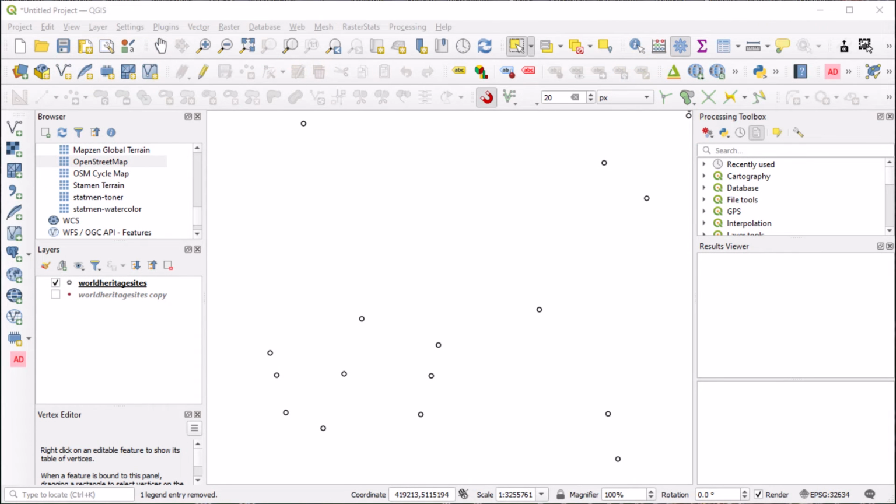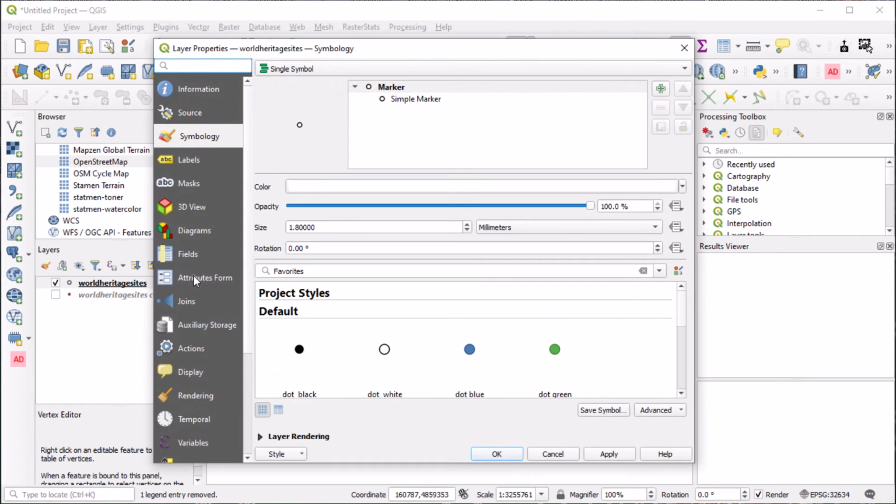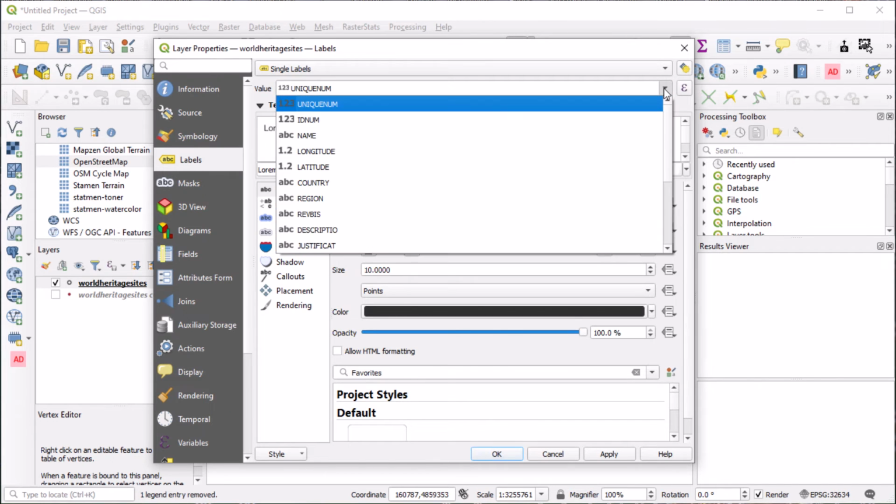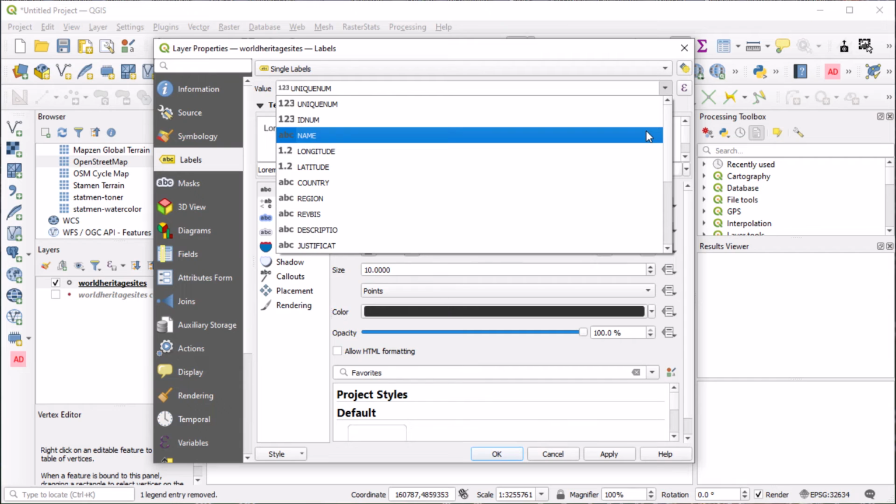Labels can be added to a map to show the attribute data of an object. Open the Layer Properties dialog by right-clicking on the layer and selecting the tab Labels. Choose the column from the attribute table from which you want to show the information.